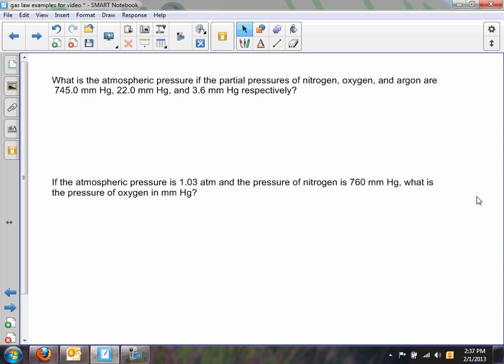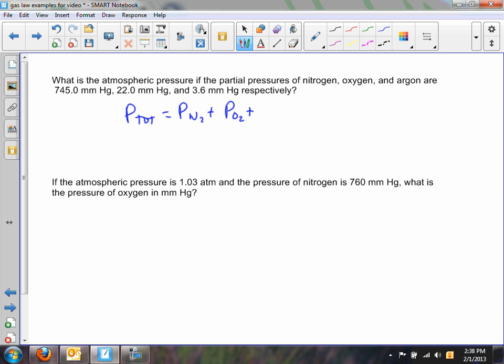Now we'll try an example. If you look at this problem, what's the atmospheric pressure if the partial pressures of nitrogen, oxygen, and argon are those three numbers respectively? Well, this sounds like Dalton's law of partial pressures. Your total pressure is the sum of all your individual samples. So I need the pressure of the nitrogen plus the pressure of the oxygen plus the pressure of the argon